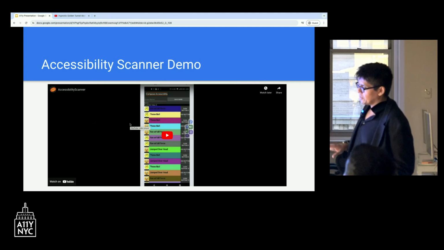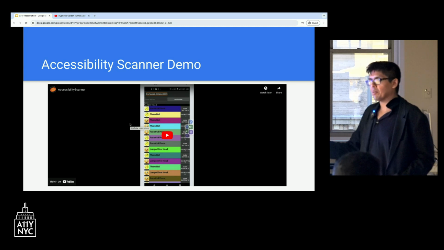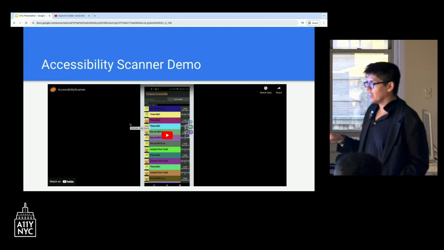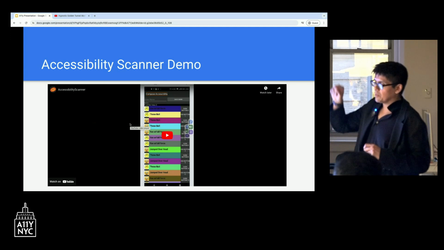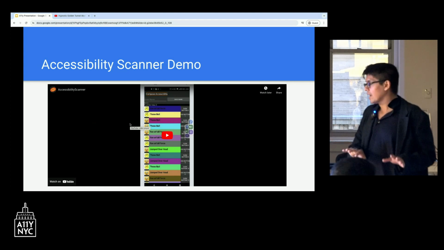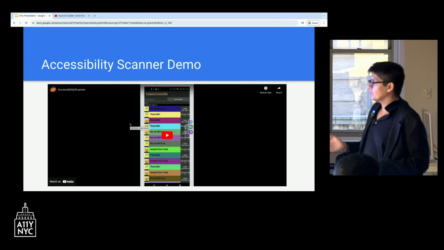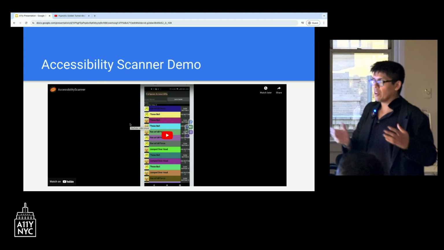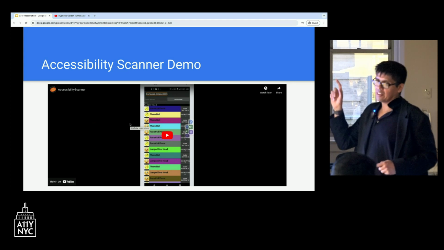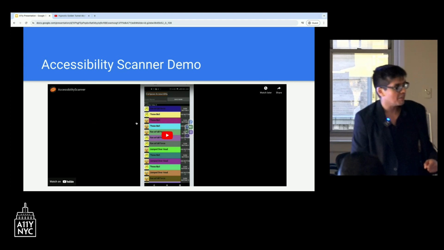So I'll save these demos for later. And again, you can check these demos online, but I created an application here that had several accessibility violations. I put the accessibility scanner on, and I was able to be like, oh, okay, well, the color contrast is wrong here. So let me actually live code the change here for the color contrast. And the accessibility scanner would be like, okay, I'll change it, and then the violation is fixed. So that's a great tool, and you should be using it pretty often.